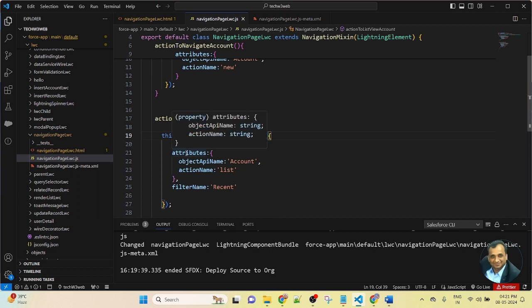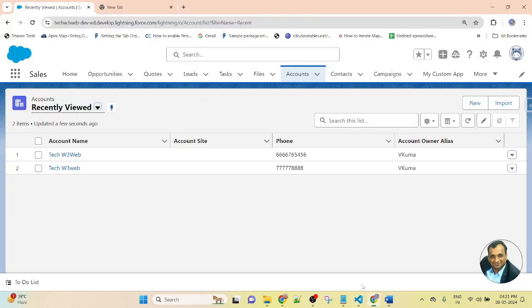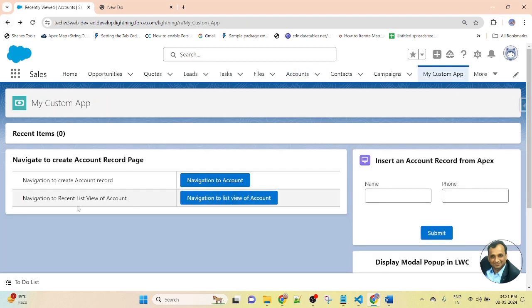Then attributes, not attribute, always use attributes. Then the object name, define which object you want to navigate to. Then the action name is list, and I added filterName so that it will filter the recent view of the account. Now save and deploy. It will be automatically redirected to the recent view of the account.